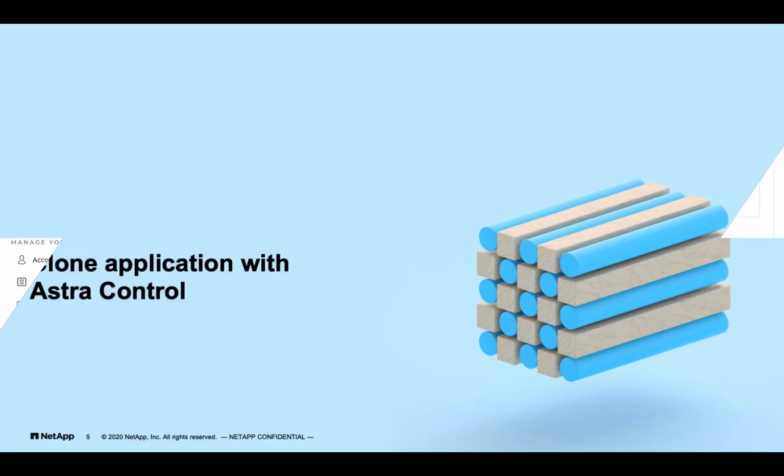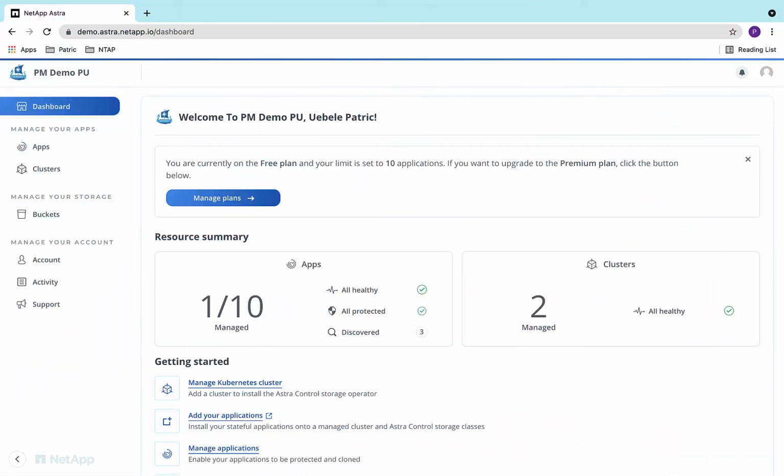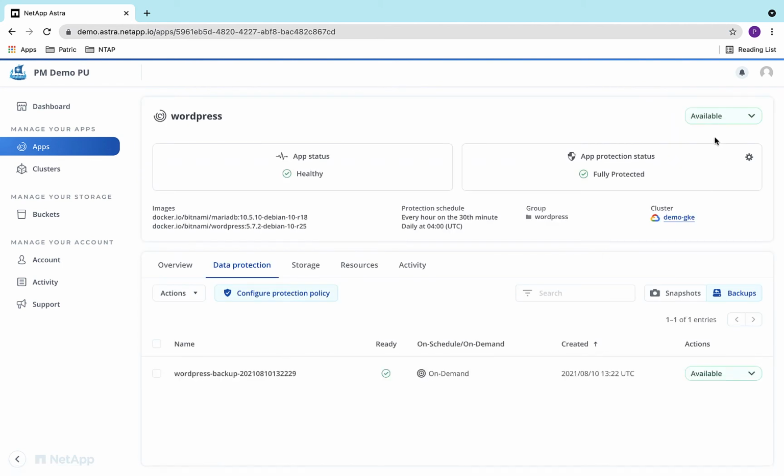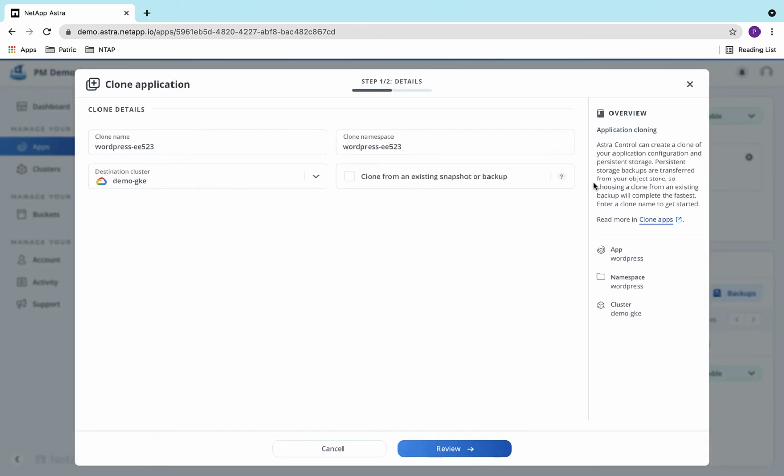Now we can use the AKS cluster to demonstrate how to clone our application across clouds. For example, to test new workloads against it or to analyze application errors that occurred. In the application details view of the WordPress app, we can initiate the clone process, assign a name to the clone, and define the new namespace for the cloned application.